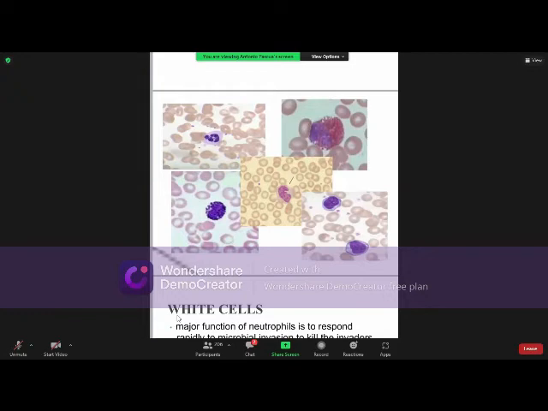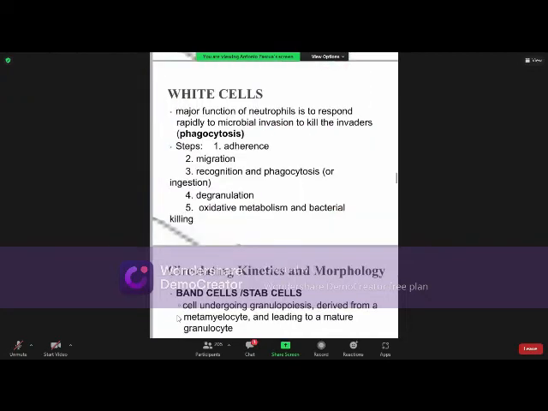If the nucleus is hardly observed and it's covered with darkly stained purplish granules, what would be that cell? Or basophils, and so on and so forth. Right? So that's how we should properly identify your WBCs. Right? And when it comes to your neutrophils, particularly with phagocytosis, as you've learned in immunology,